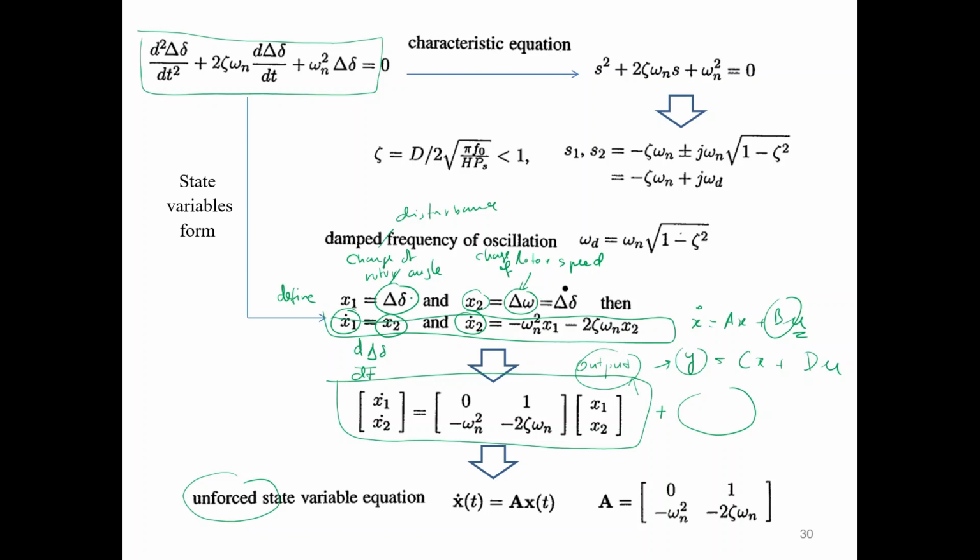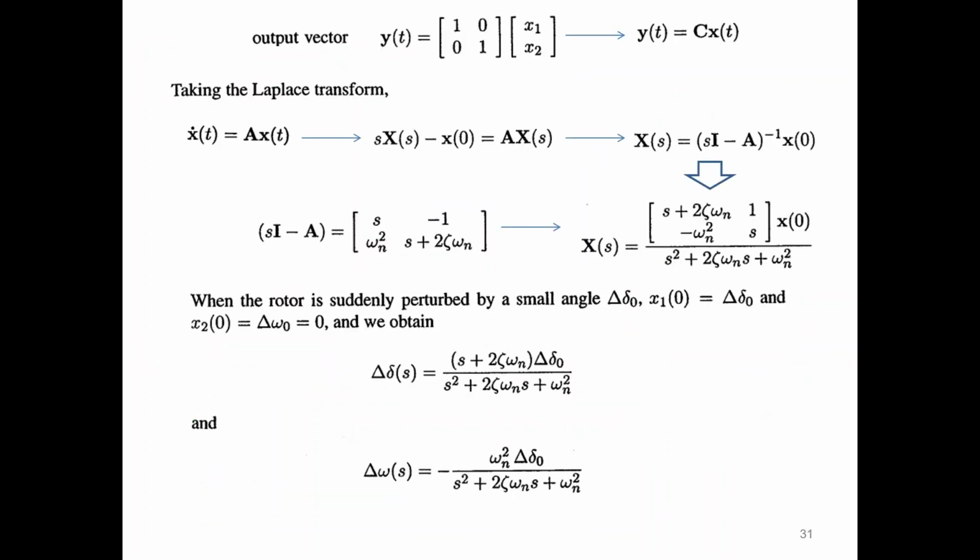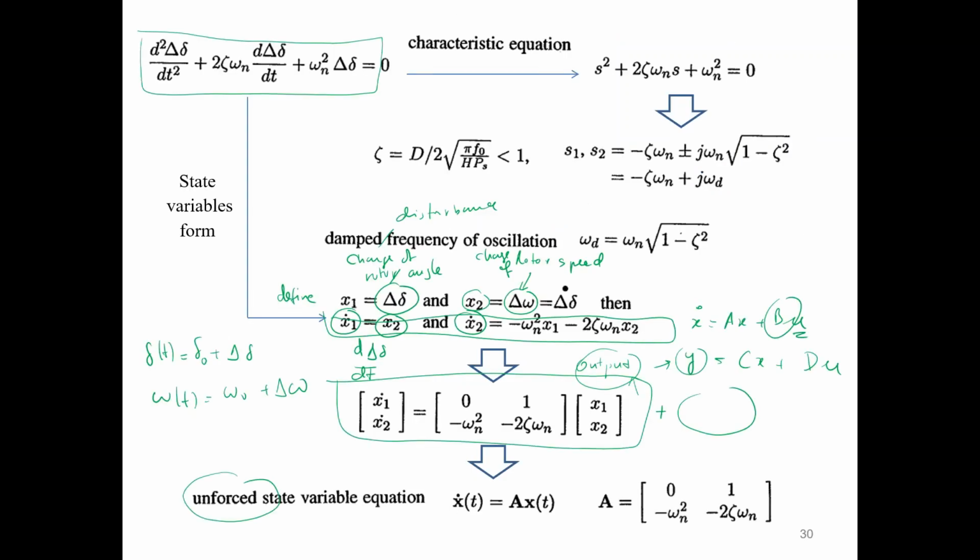Meaning that if you know the initial rotor angle delta 0, soon after you introduce the change, of course because this is an input, you add the delta and you get delta at any time t. And if you know omega naught, you determine the delta omega, and now you get the rotor speed at time t. This is an output. So in this case, you have learned it already. You have the state